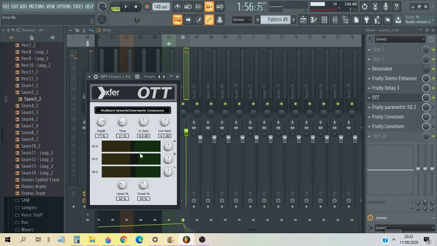So while these volumes are in the yellow, it makes them louder, and while they're in the green, it makes them quieter, it pushes them down. That's why this is called an upwards-downwards compressor. There's a high band, a mid band, and a low band, so for high frequencies, medium frequencies, and low frequencies. And basically what I have here is I've tweaked the knobs a little bit, but it's not super crazy. What I've done, I mainly made this time a pretty low value.